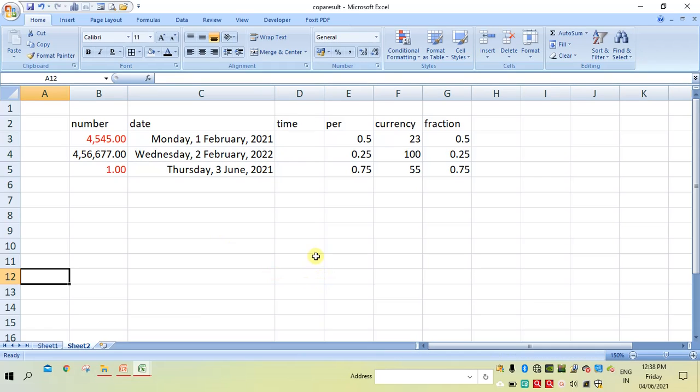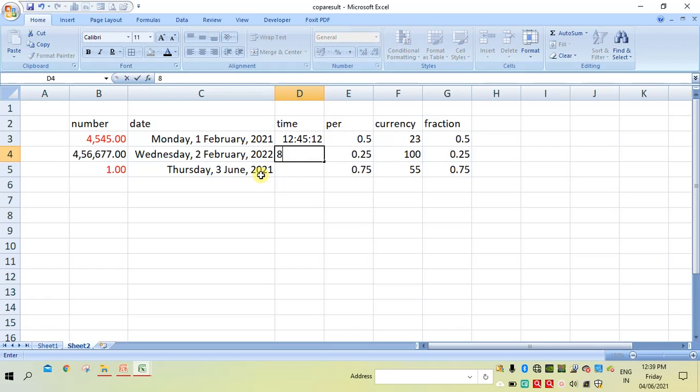Next is time. Usually time can be written this way: first the hour, then a colon, then the minutes. For example, 45 minutes. Next, seconds, say 12 seconds. This is the way we type the time.